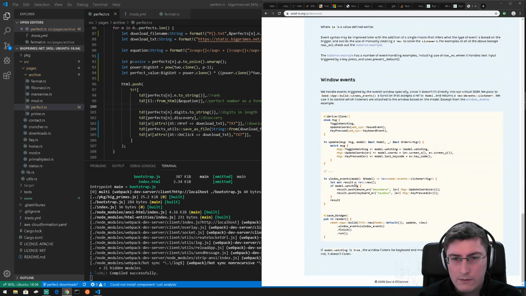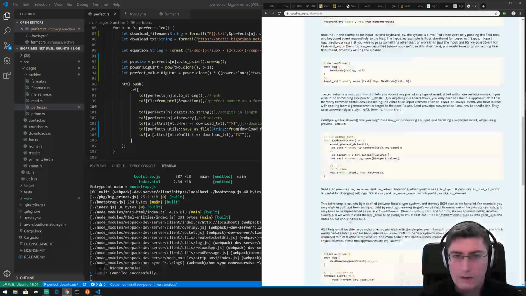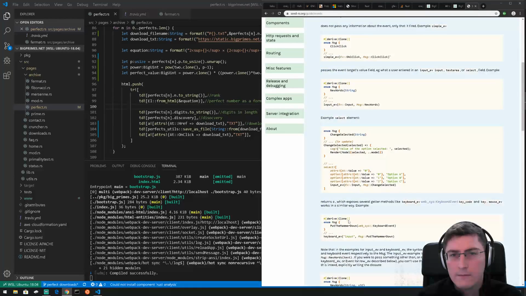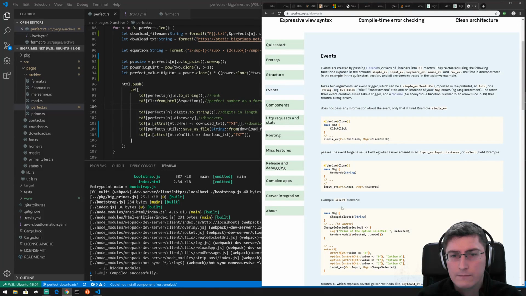Windows events. That's a good point. Is it even going to record that we've clicked on something? Yeah, it must do, because the links on the left work, don't they? So there's an enum, there's a message enum called click, which,